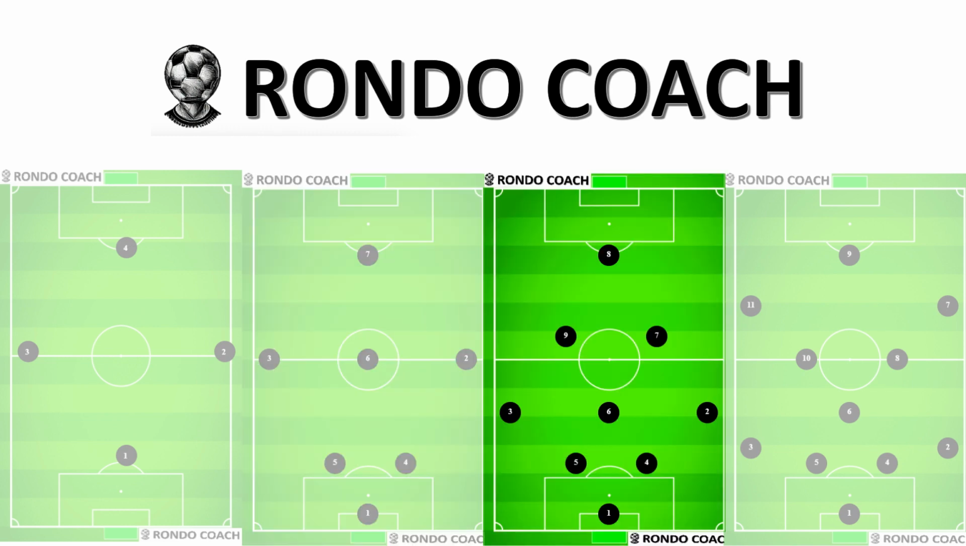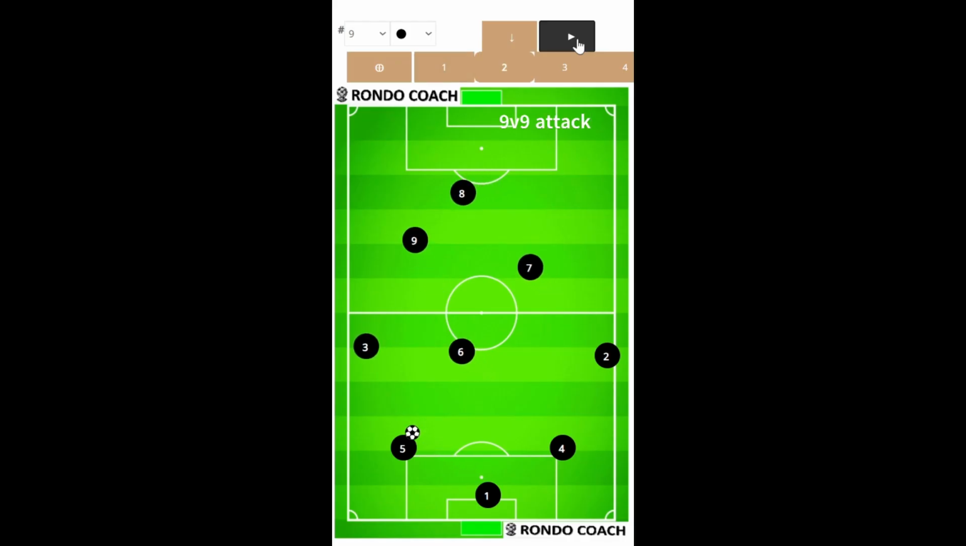Okay, now we are at one of the most exciting parts, and that is the 9 against 9. So this is the U11, U12, that age, and the amazing thing